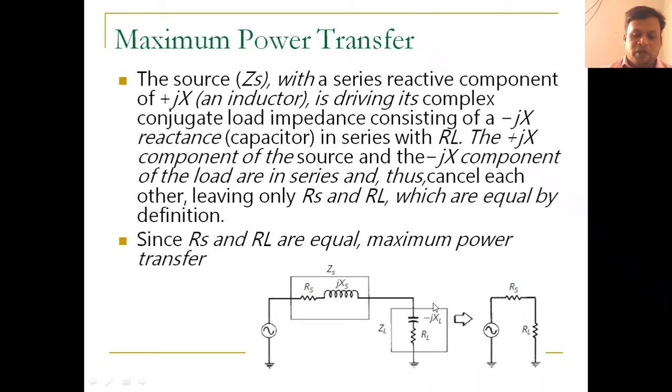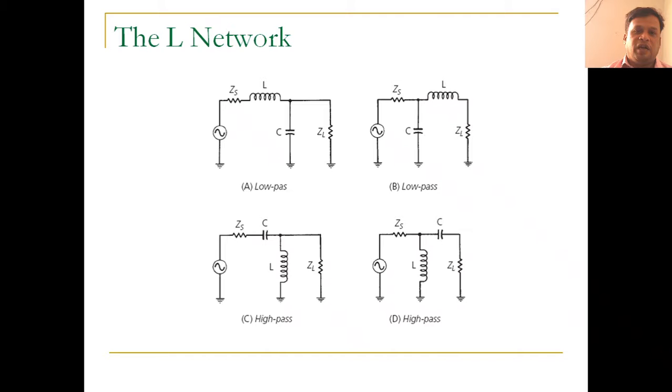If you observe these things, then we will move to the next topic, that is the L network. Already we have studied high pass and low pass filters, all the types of M derived filters, and lattice type networks as well as pi networks. They had different configurations and the impedance values were also changing. To find the characteristic impedance we were using the T network and pi network. So first of all we study this circuit here, the L network.